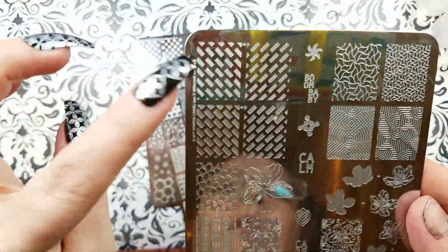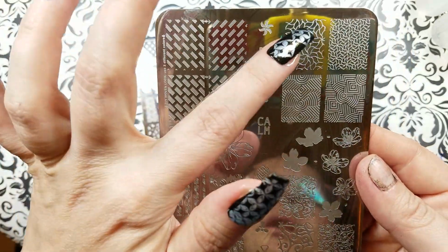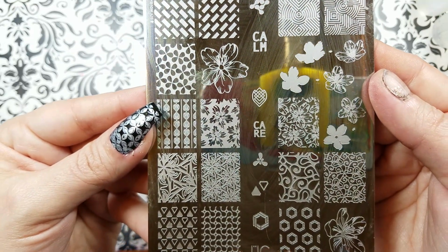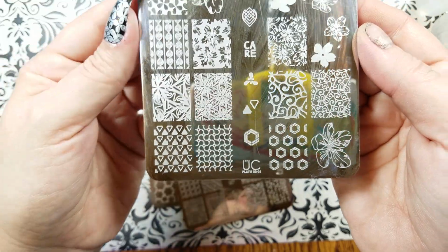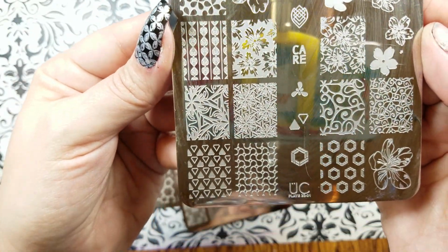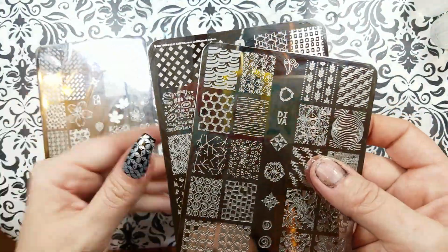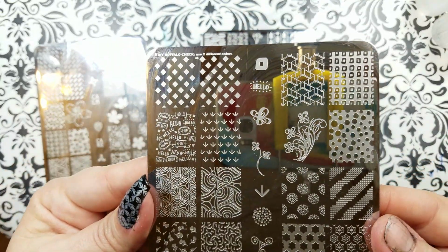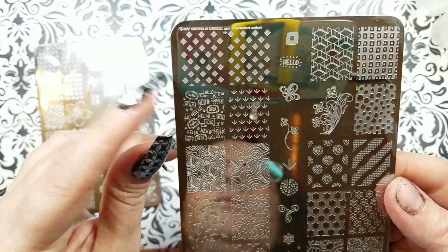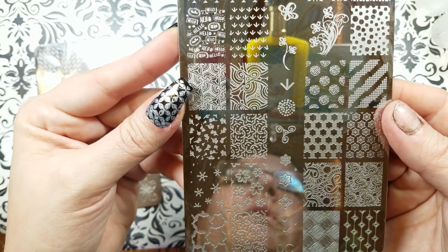Number 1. This is a kind of a basket weave thing. I'll show you how it looks in person, and then I'll do more of the detail talk on the swatches so that we're not dealing with a reflection. I'm a big fan of this Celtic looking thing too. Sorry about the tremor, guys. It's one of those days. All right. Got a buffalo check up here, apparently, according to Lover Lacquer. I'm not a big plaid expert, so